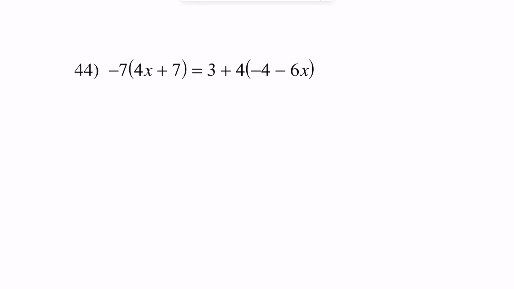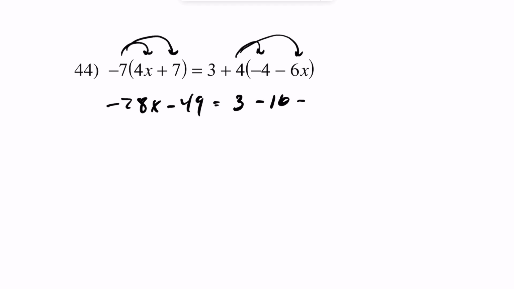Number 44 here, same idea. Again, watch out. You can't add these two together. You have to do your multiplication first. So this becomes minus 28x minus 49 equals 3 minus 16 minus 24x. This becomes minus 28x minus 49